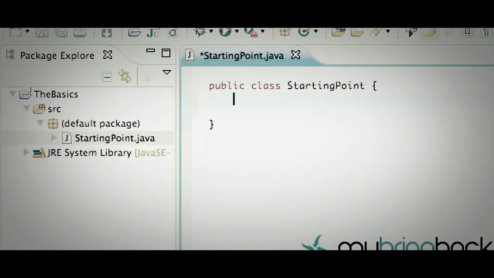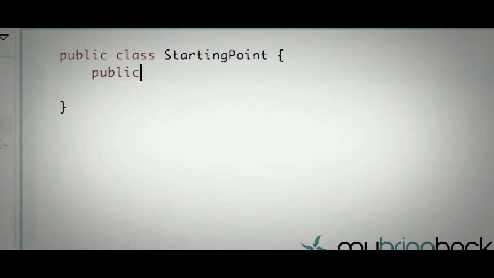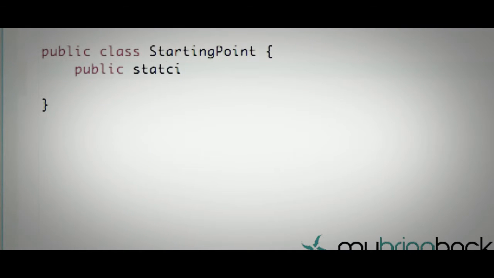We'll get into more detail later, but basically this is going to be our public class, and what we need to do is just say public static void main, and then in parentheses we say String, and whatever you want to type, I'm just going to say trav,